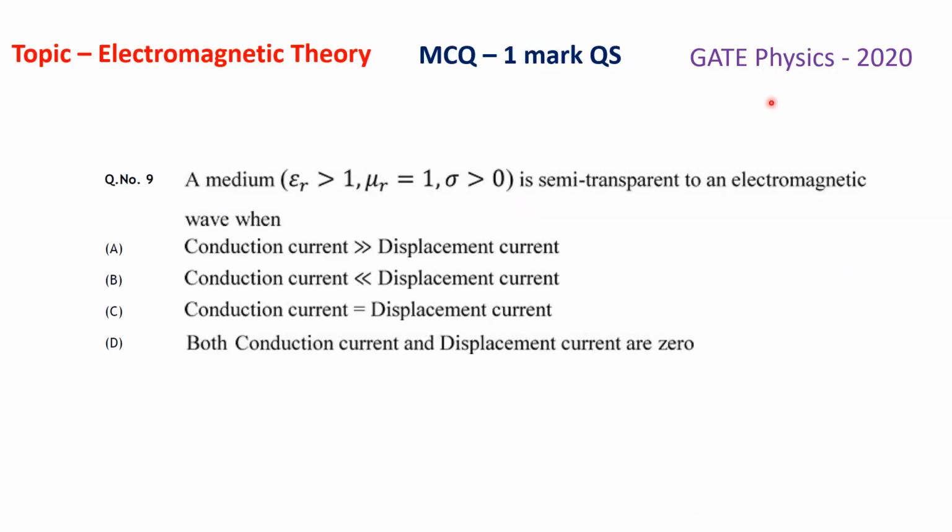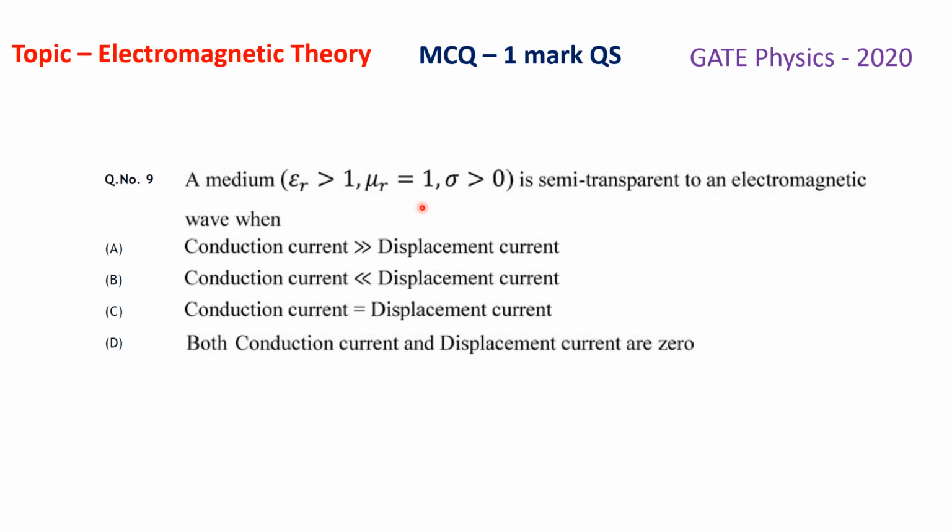This question was asked in the GATE Physics paper 2020. This is an MCQ type question having 1 mark. The topic of the question is electromagnetic theory. The question is: a medium with relative permittivity or dielectric constant epsilon r greater than 1, relative permeability mu r